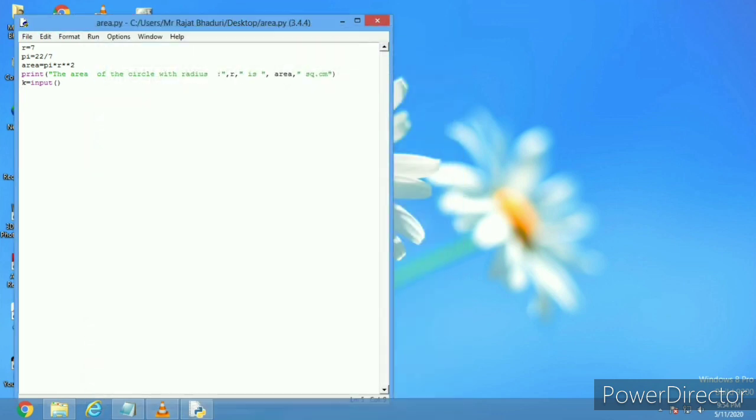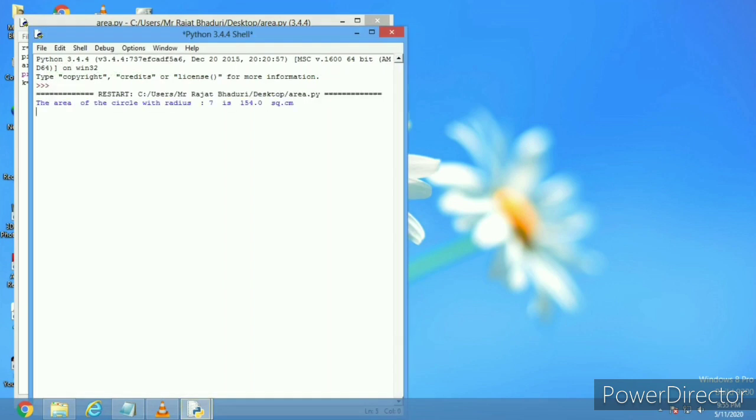Python shell running by run module or F5, and this is the output.